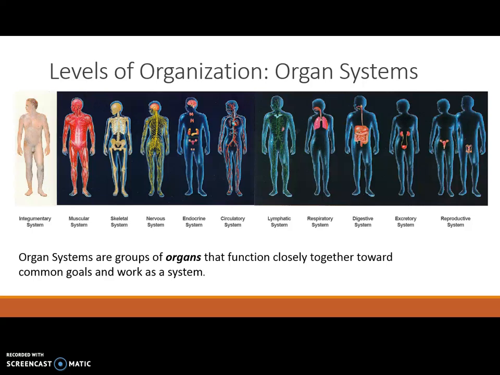But essentially, these 11 systems are made up of groups of organs that function closely together towards a common goal. These organs form a system. While the names of these systems may slightly vary among the medical community, their functionality and descriptions are essentially the same. The systems that we're going to study in particular include the integumentary system, which has the main functions